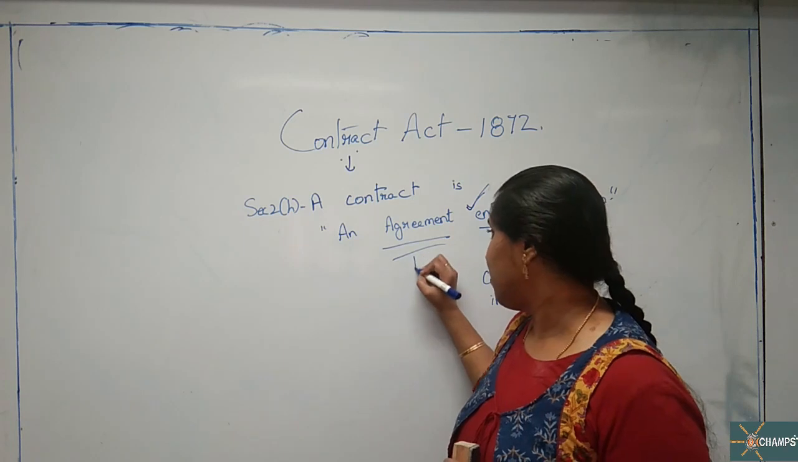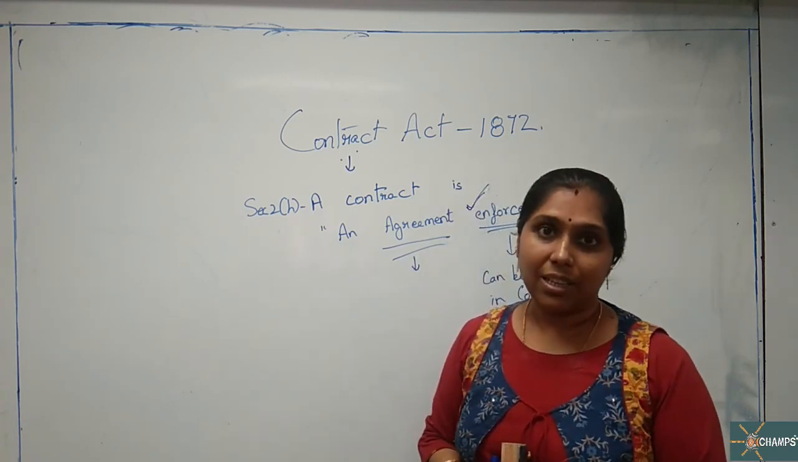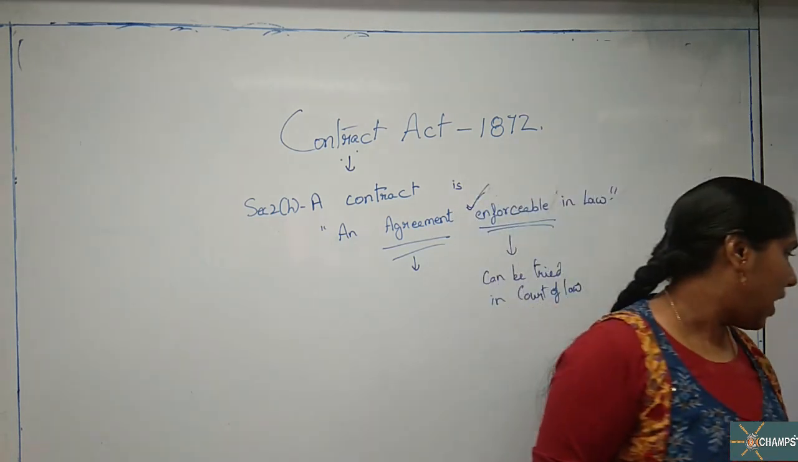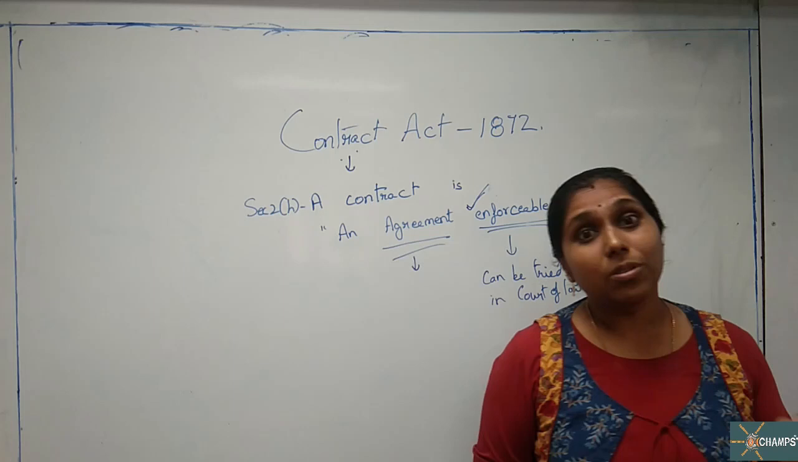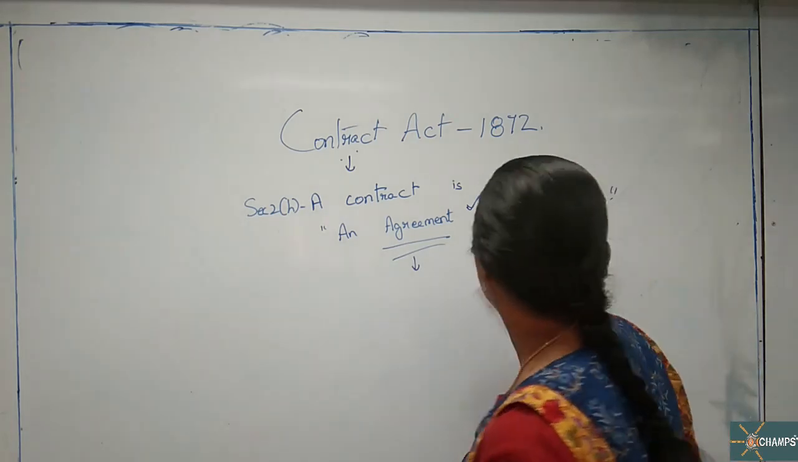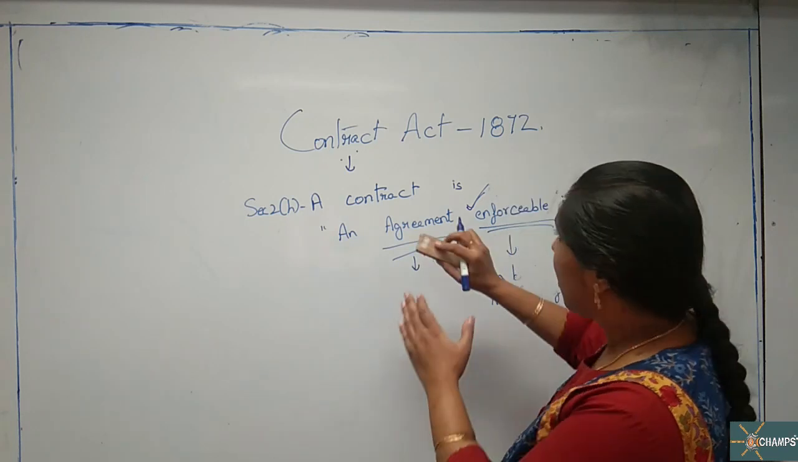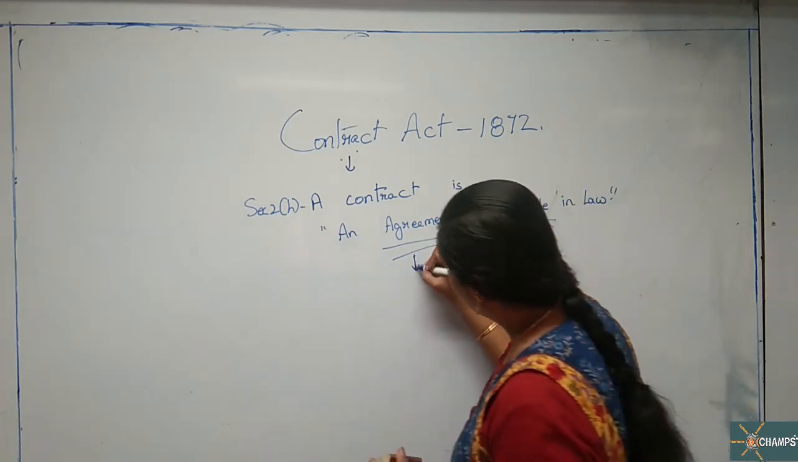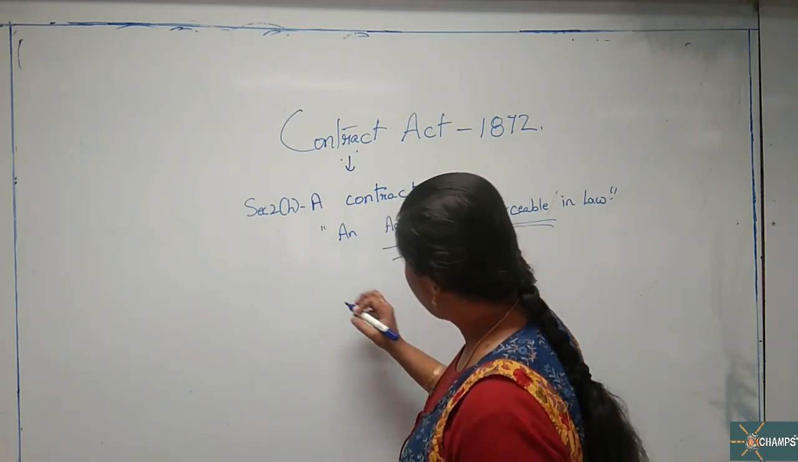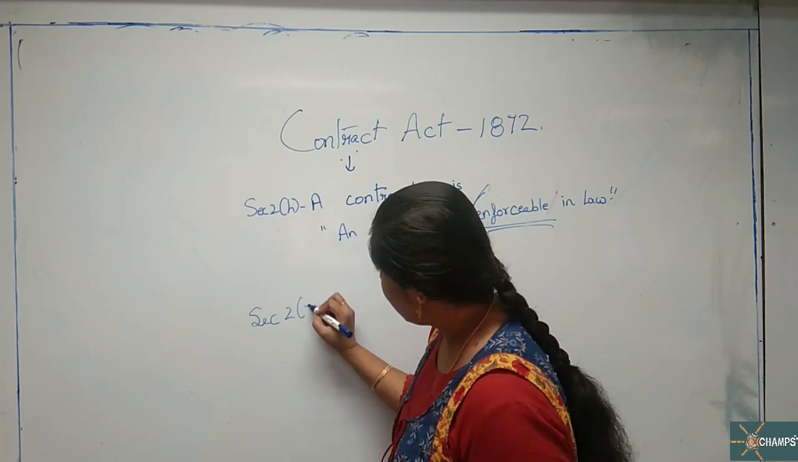Then comes agreement. Do we have a definition? Yes, we do have a definition, and this definition is given in section 2, subsection E. I hope everyone has understood what a contract is. Now let us go to agreement. As per section 2, subsection E,